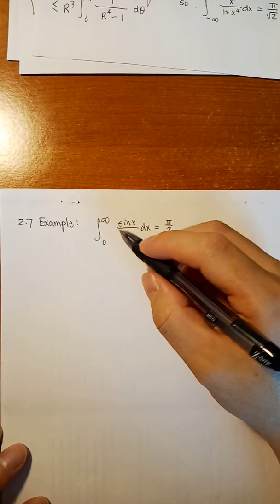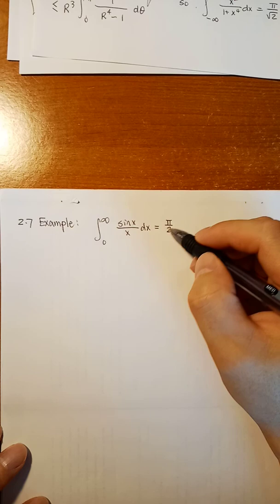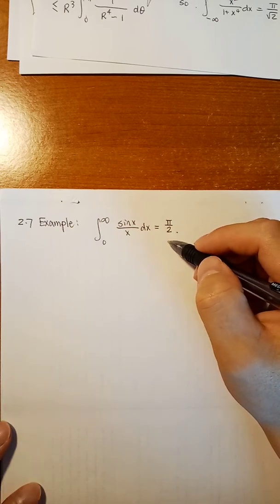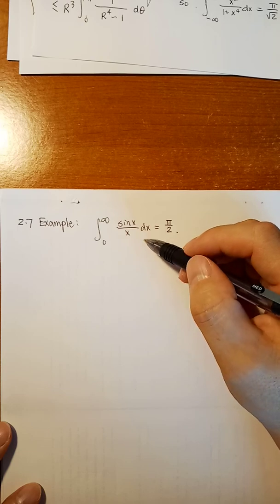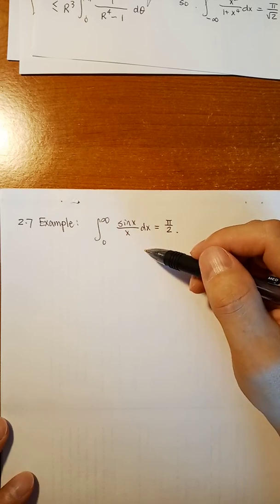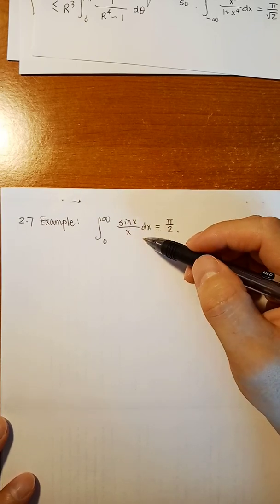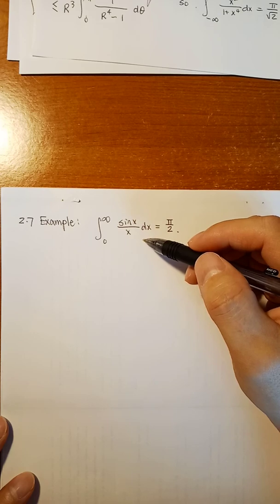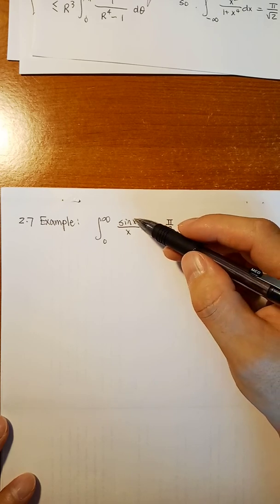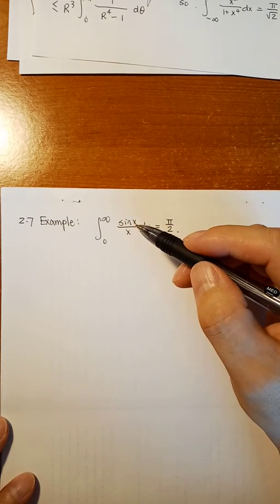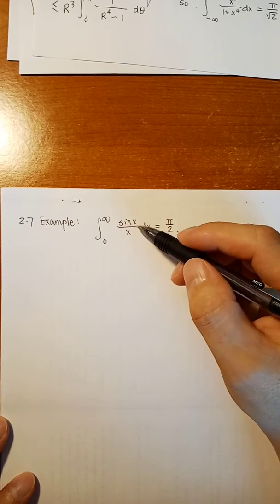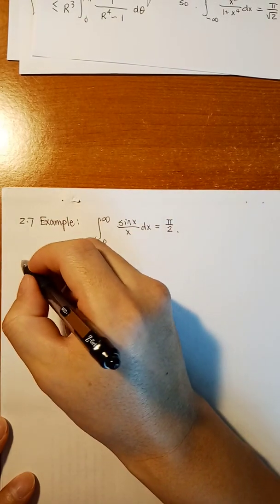The integral from 0 to infinity of sine x over x dx is pi over 2. Okay, so this function, first of all, if you consider naturally from the previous example, you will consider possibly